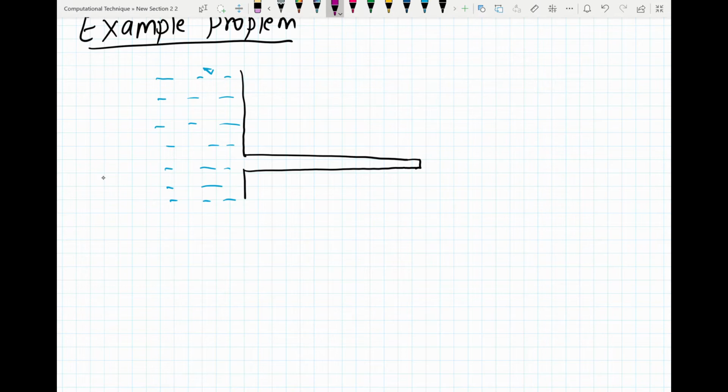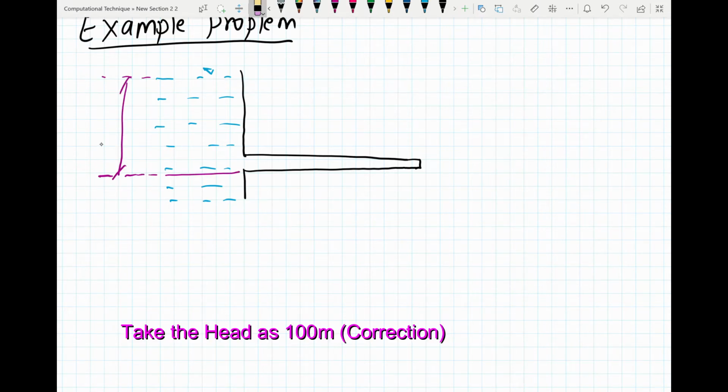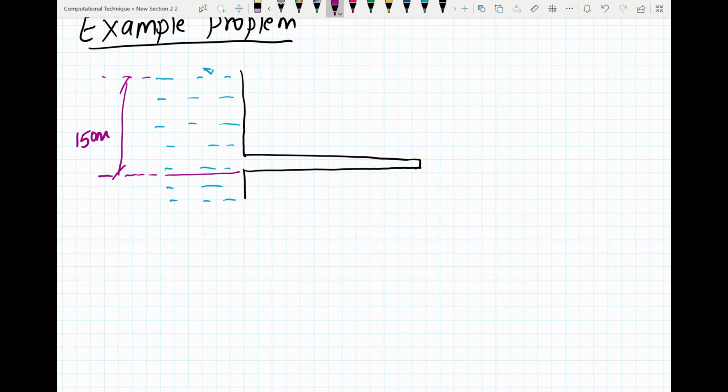Let's say the head here is 150 meters. We can denote this point as A, this point as B. Let the length of this section be equal to 500 meters, and diameter of this pipe